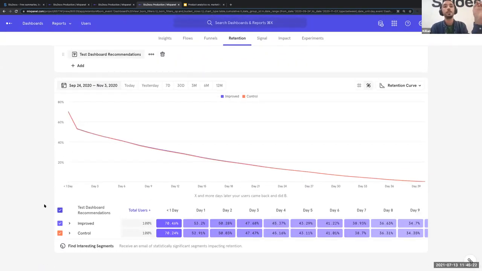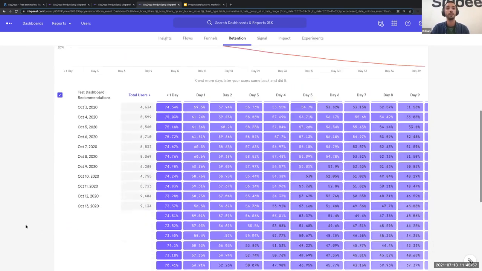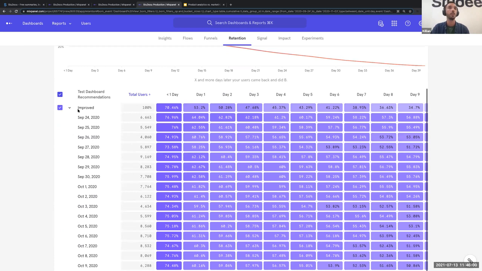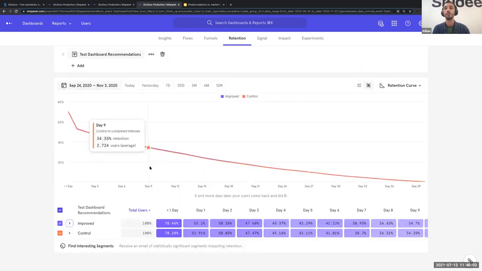And here you can see people who triggered dashboard view and then came back on the same day, after day 1, after day 2, after day 3, etc. It's a very simple example, but you can see users who come back to the dashboard, and you can see that in the improved variant it's the same. We managed to improve the retention by just a bit, not a lot, but just a bit. But because the other funnel that I showed you was so successful, this test was clearly a success. And then you can also dig into it by dates. If you have a seasonality on your platform, you can dive deeper into those metrics.